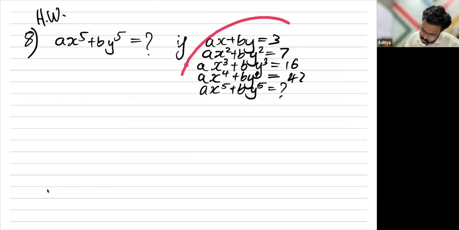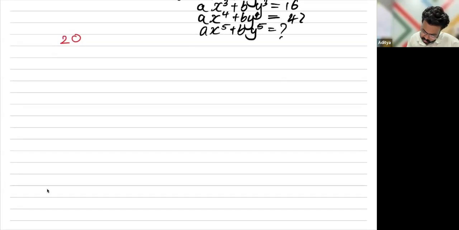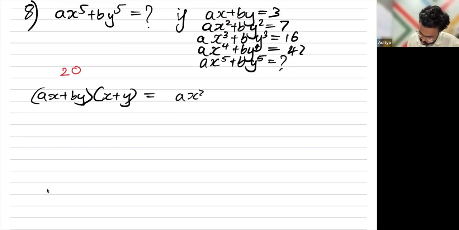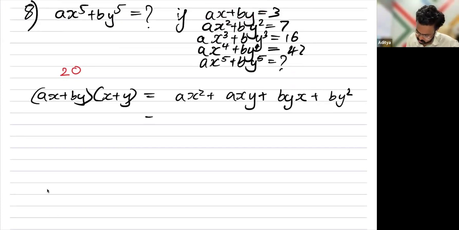Yeah, the answer to this question is 20. And the way to solve it is that you first look at this first equation. ax plus by, if you multiply x plus y to this, you will find that it becomes ax square plus axy plus byx plus by square. If you rearrange it,